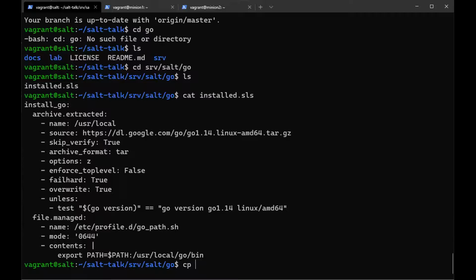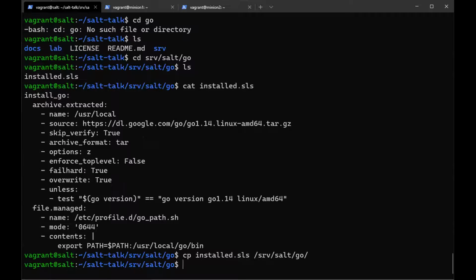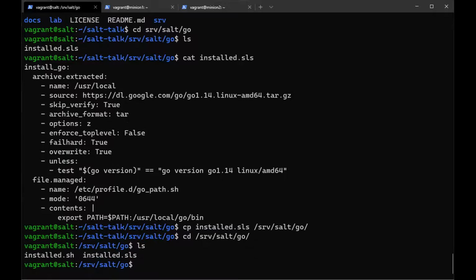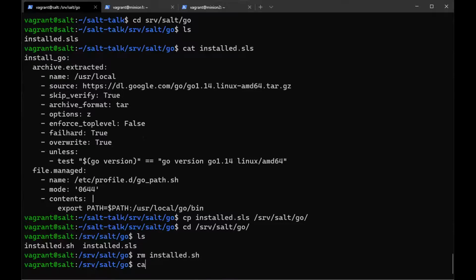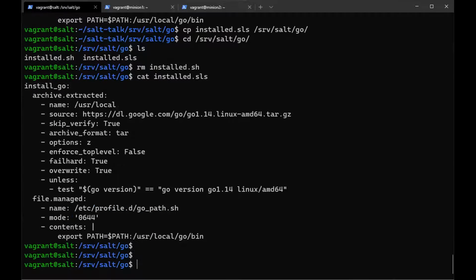Okay, so what am I going to do? I'm going to copy this installed shell or installed state file, just to show you guys that it does work. And then actually in /srv/salt/go, we have the shell script that we no longer need. So we're going to go ahead and remove the shell script. There we go. So I'm going to go ahead and run the same command